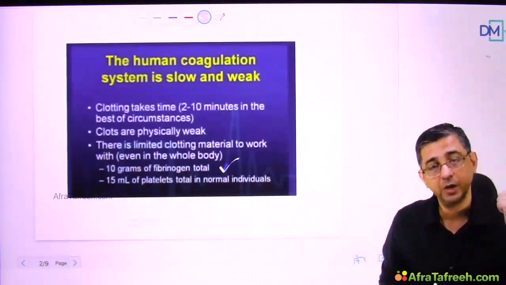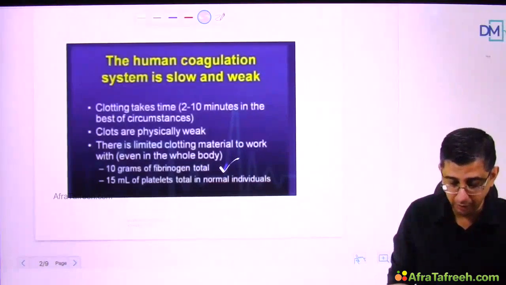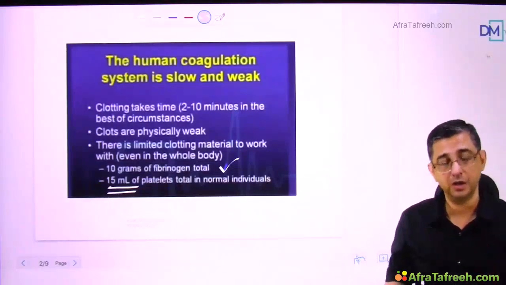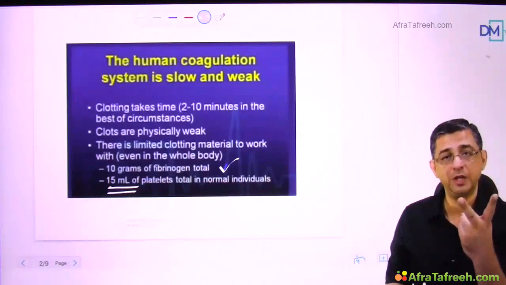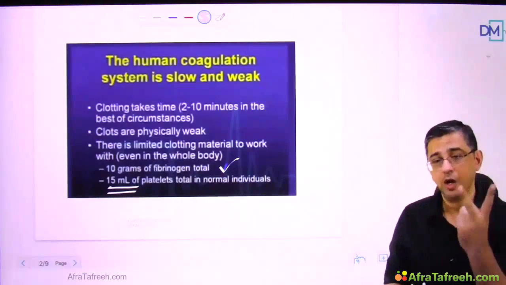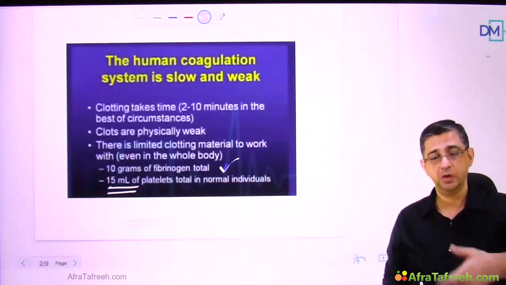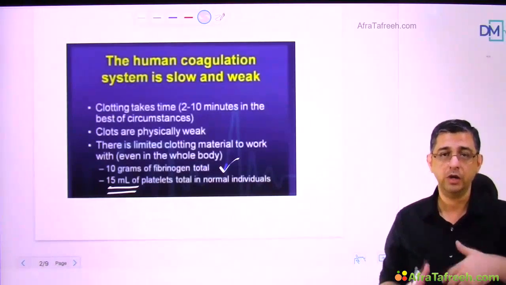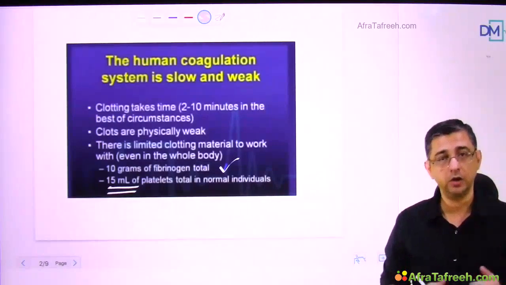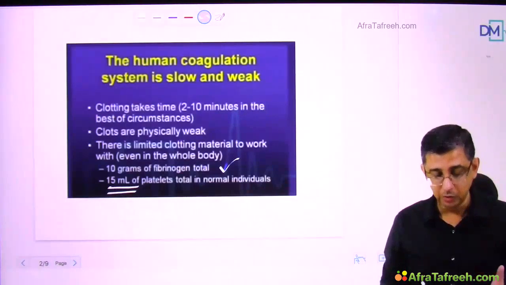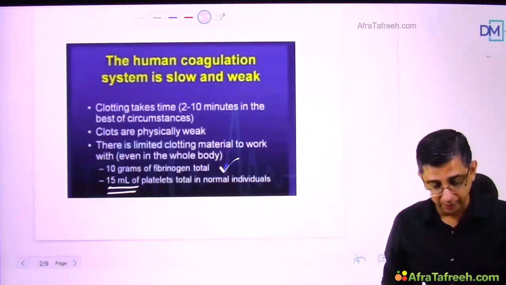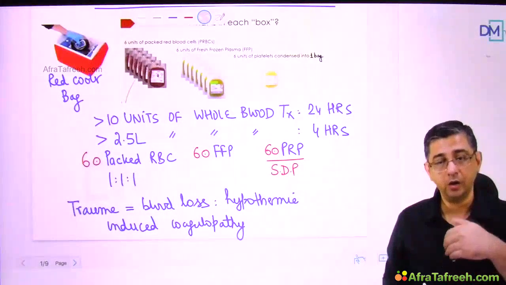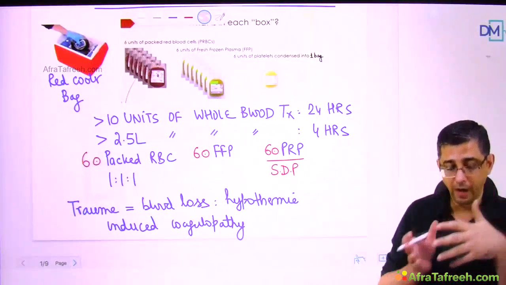And then there is only 15 ml of platelets. I mean, if we consider all of the platelets, that is 15 ml of platelets, which would be like 2 teaspoons of platelets in our whole body. So if I'm going to lose those platelets, I'm going to lose that fibrinogen, then well, God help me, because the blood of mine will not clot. So trauma-induced coagulopathy is definitely a reality, and to this, if you add now massive blood transfusion,